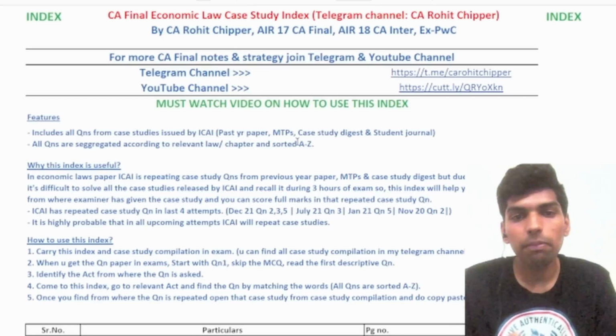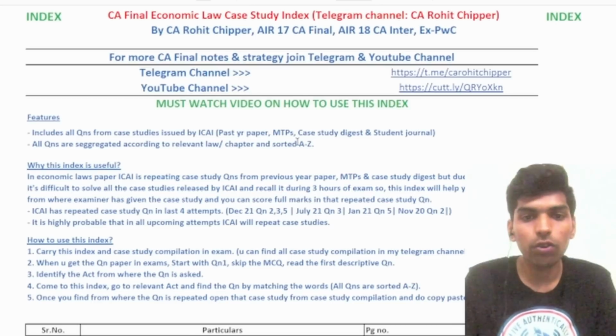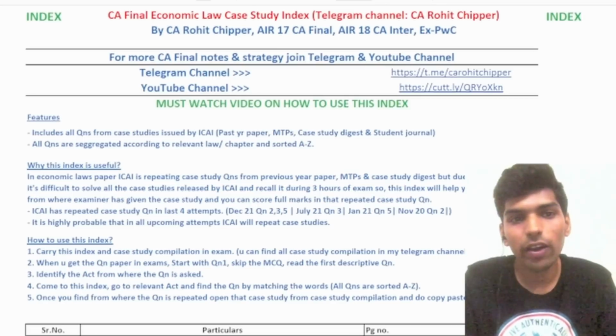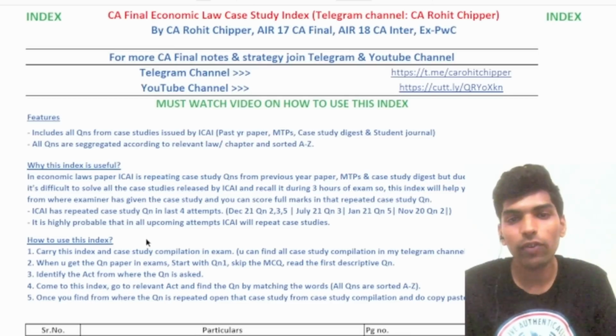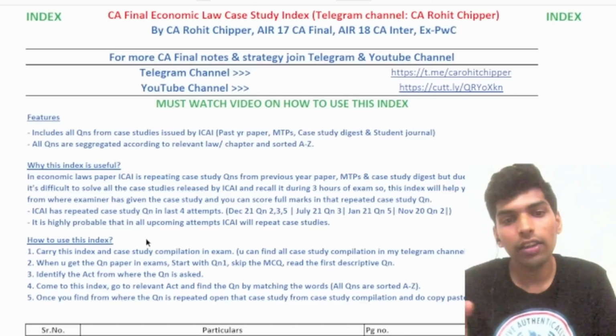So keep this in mind, and use this index. Try to get a grip over it so in the exam you don't waste much time searching. Try to search faster and faster, and make your own ways. And if you find something helpful from this index, or you find some easier way to find the questions,